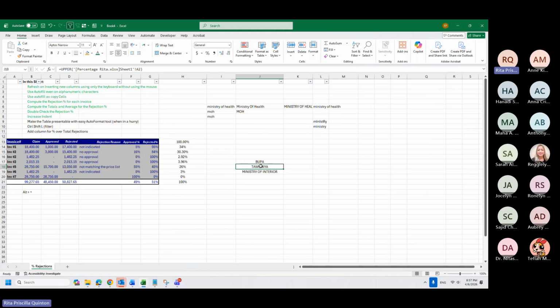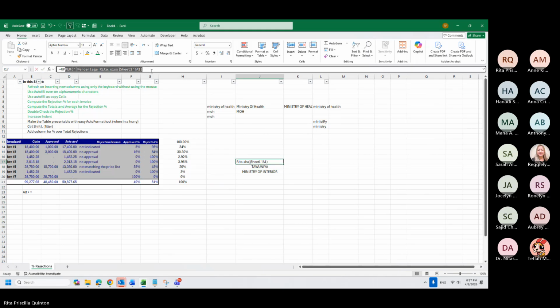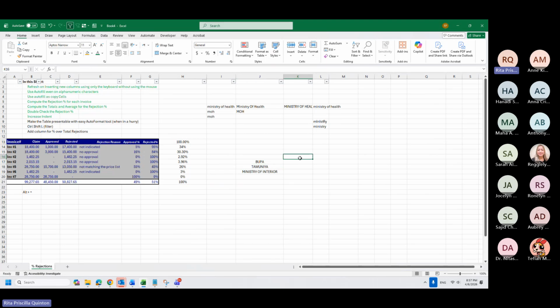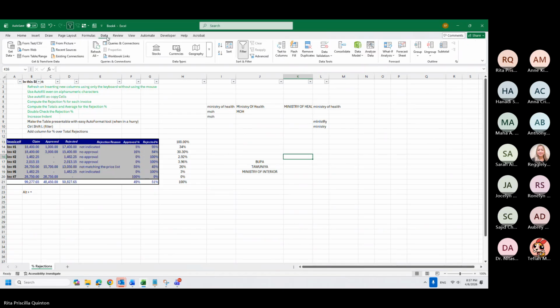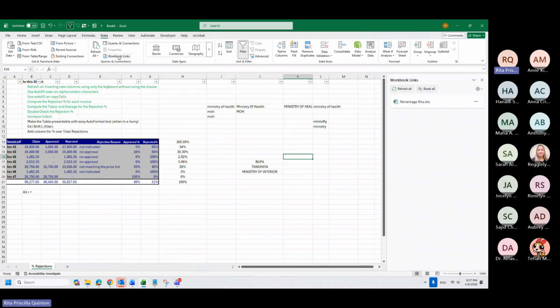How will I remove this? How will I know? If I see here it's only Bupa Tawania in Ministry of Interior, I want to remove the formula so that the recipient will not see. I will go to Data, Workbook Links. If this one is highlighted, it means the file you're using right now is linked to another Excel.